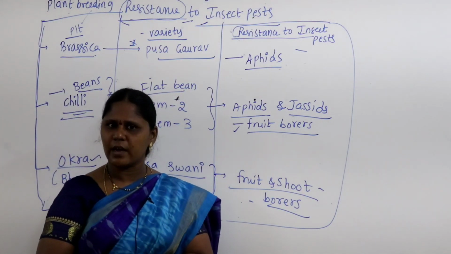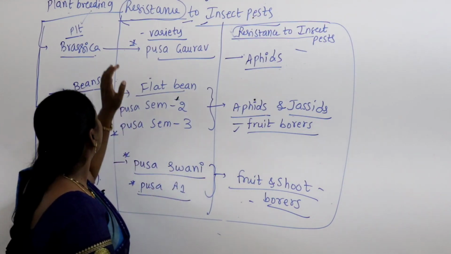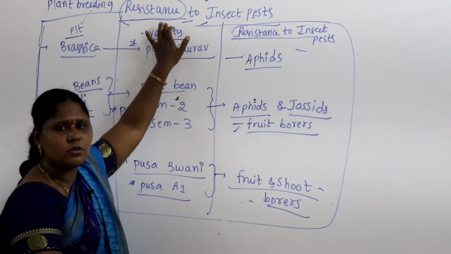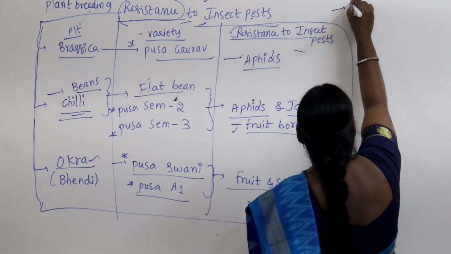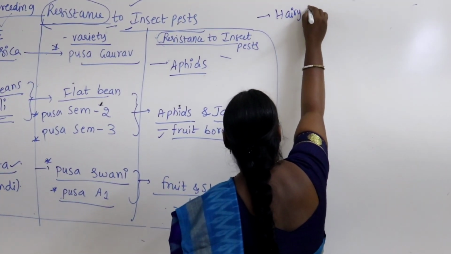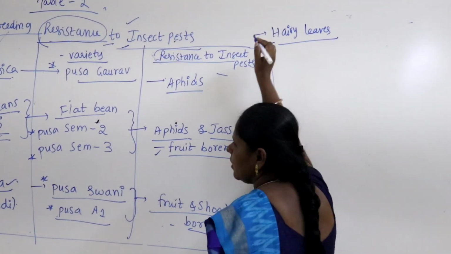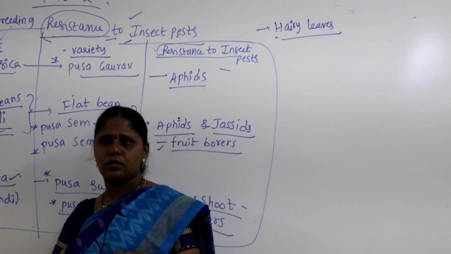By modifying those characters, we can make the plant itself show resistance to diseases. How is it possible? For example, if you take some of the plants, you find hairy leaves. When the plant has hairs on the surface,